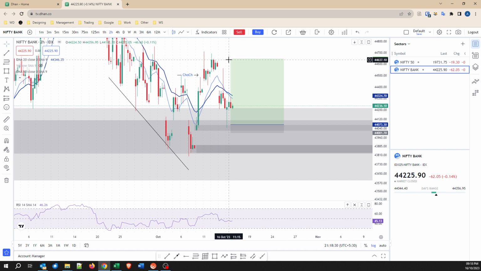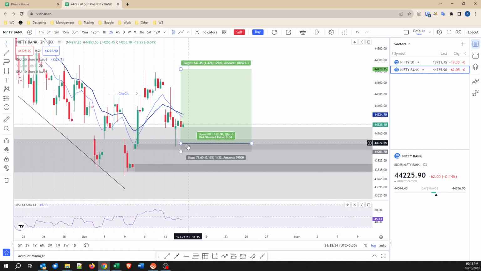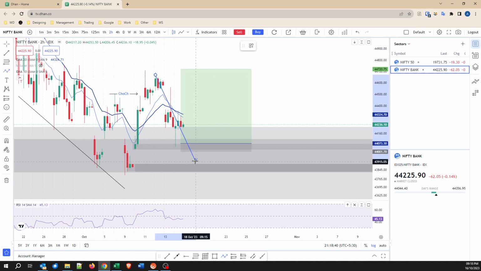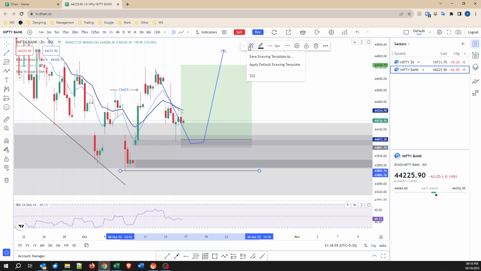I'm expecting at least the price to break this high, because that's how the structure moves. So once it breaks the change of character, this is the zone that caused the change of character. And after the price enters into this zone, it moves back above this. So this is the weak high that is supposed to be broken if the trend needs to be continued. But we are still in a valid uptrend unless this zone is broken. So this is the strong low that needs to be protected, right?